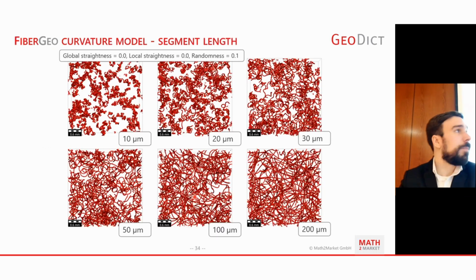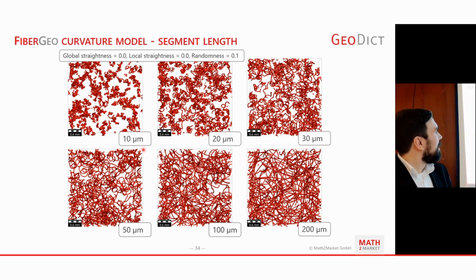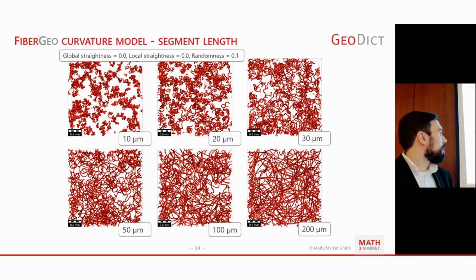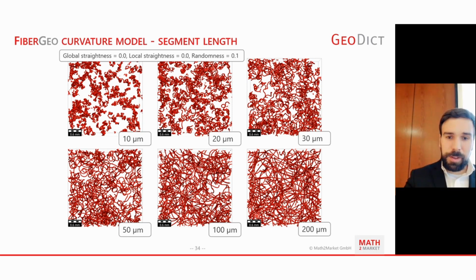We have some nice visualizations of what that looks like if you keep the global straightness and local straightness both at 0 and just vary the fiber segment length. You will end up with something that really doesn't look like fibers, but more like clumps of whatever, to something that slowly looks more like fibers, spaghettis, and then something that could be a non-woven. So you see already the segment length parameter has a big influence. Of course, the higher you turn it, at some point you just end up with basically straight fibers that sometimes have a kink. So going too high here isn't nice either.